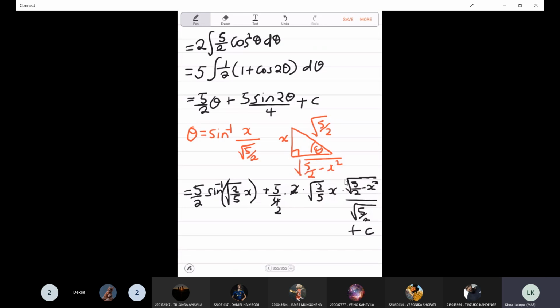And then here, dividing by the square root of 5 over 2 is the same as multiplying by square root of 2 over 5. So this square root of 2 over 5 and that one there will leave us 2 over 5. So I have 2 over 5 times